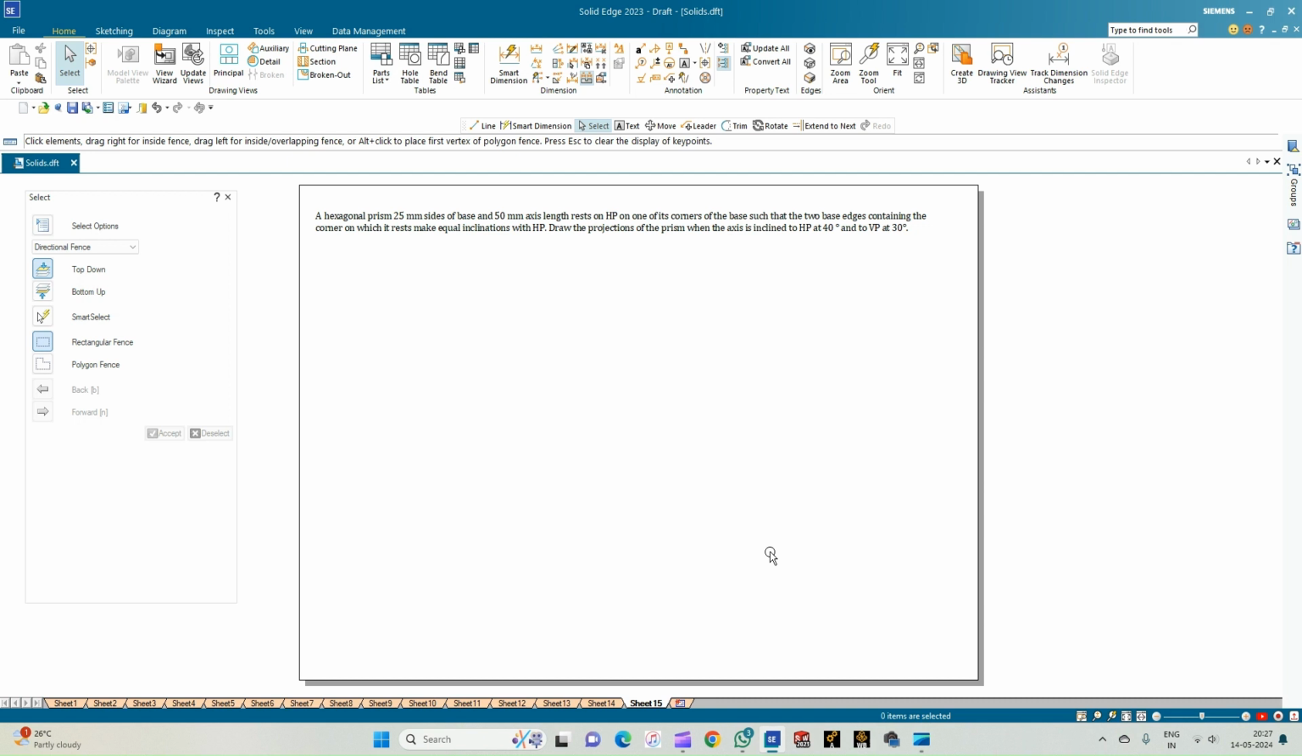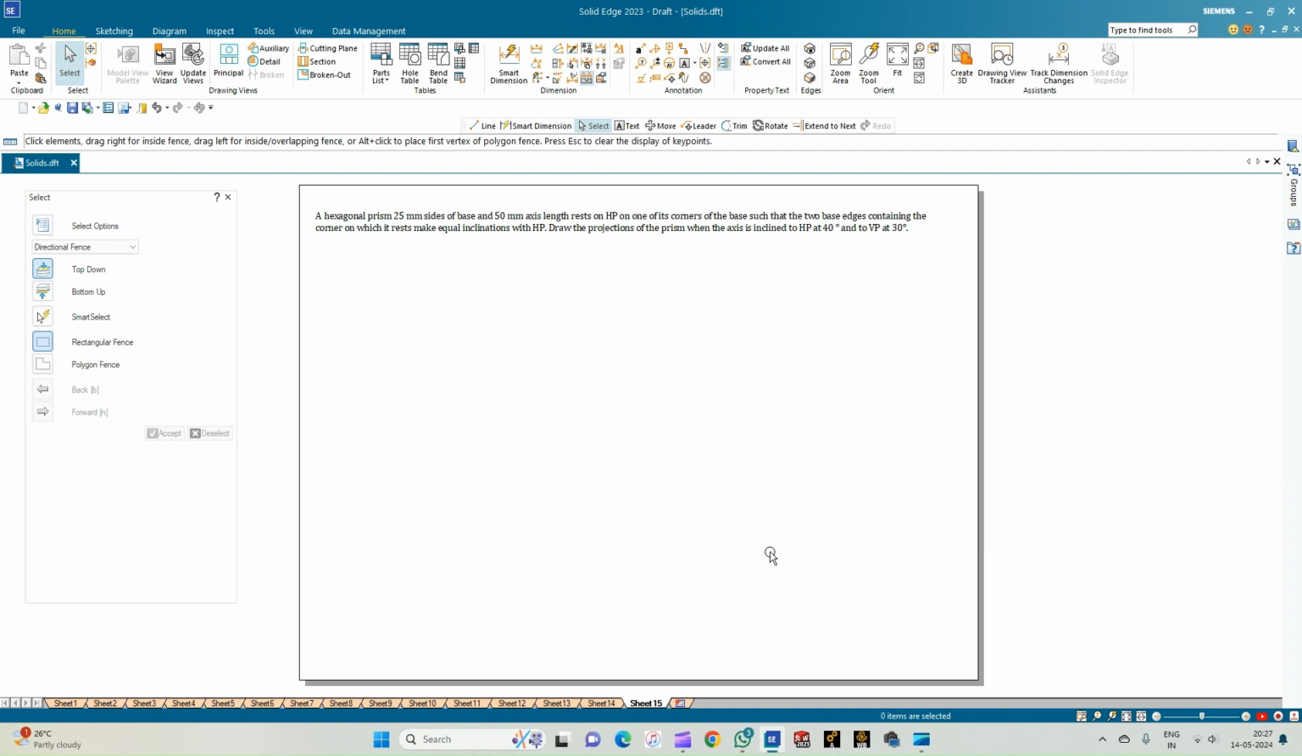In this video, we shall see how to do the computer drafting of the orthographic projection of solids using the Solid Edge software. In this problem statement, there is a hexagonal prism, 25 sides of base and 50 axis length resting on HP on one of its corners of the base such that the two base edges containing the corner on which it rests make equal inclinations with the HP. Draw the projections of the prism when the axis is inclined to HP at 40 degrees and to VP at